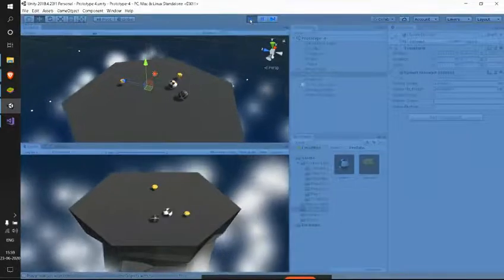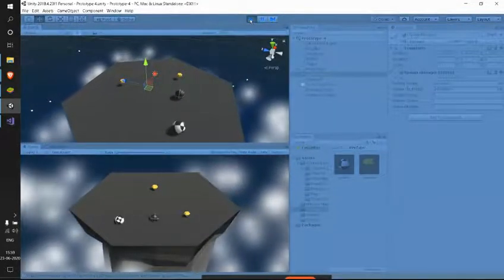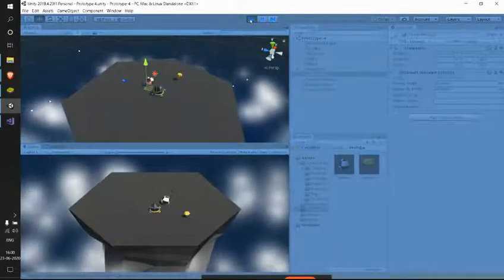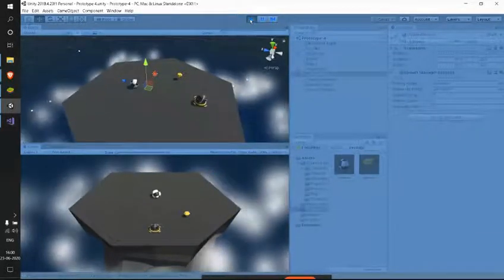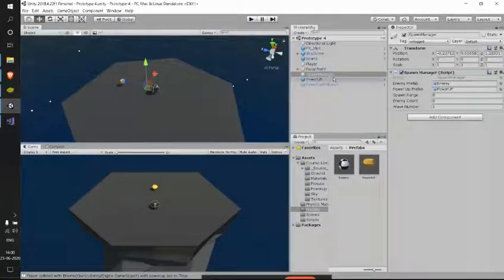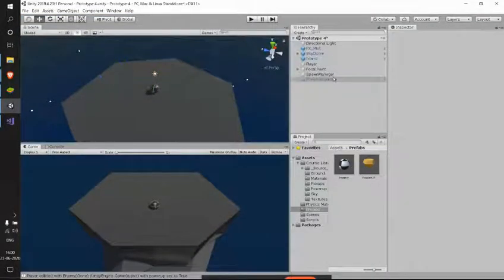Oh, so initially I got 2 power ups because one I have already in my hierarchy. The other one is the one I have generated. So I can delete the one in my hierarchy. So let me test this again.